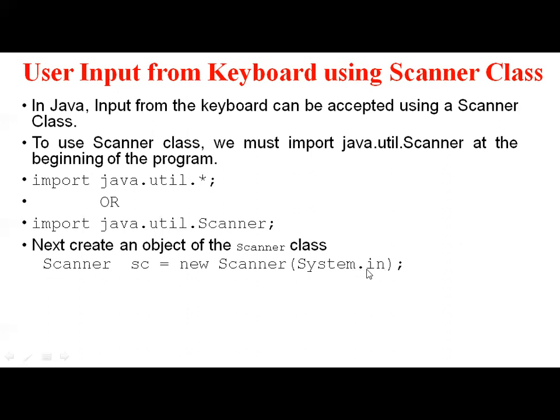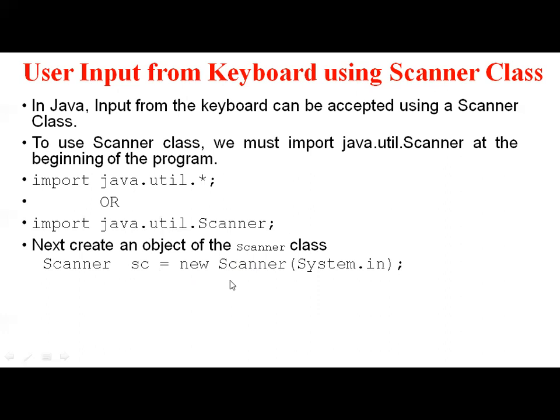System.in is the object associated with the console input. So your console input is associated with this object. That means if we want to read data from the keyboard, console input is nothing but our keyboard. Then we need to include this System.in as a parameter, we need to pass it as a parameter to this Scanner class. Now this new keyword creates an object of the Scanner class called sc. Using this object, we can read data from the keyboard. How it can be done, we'll see.